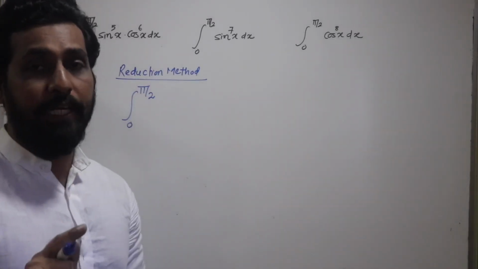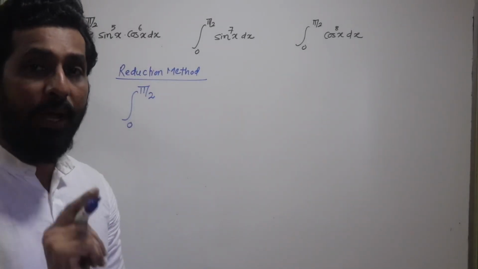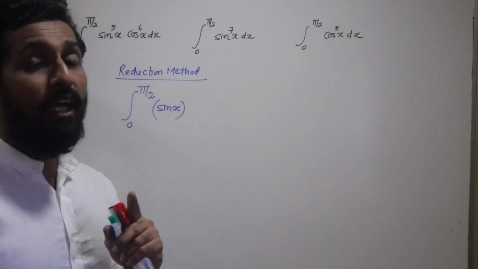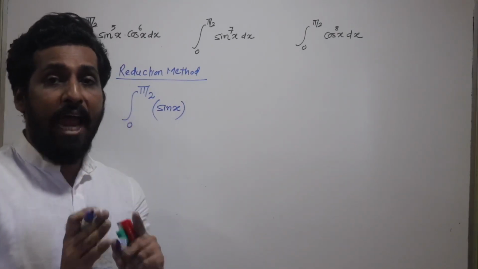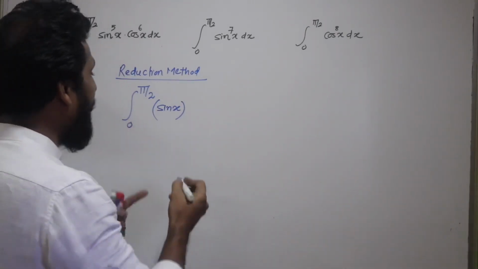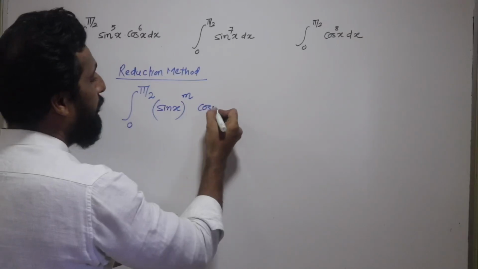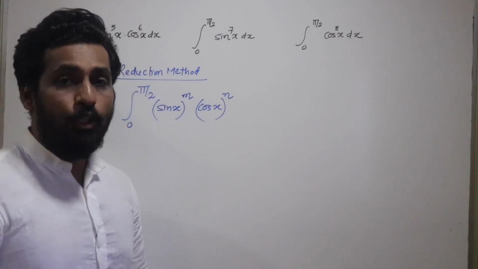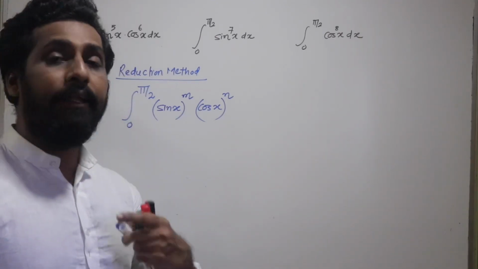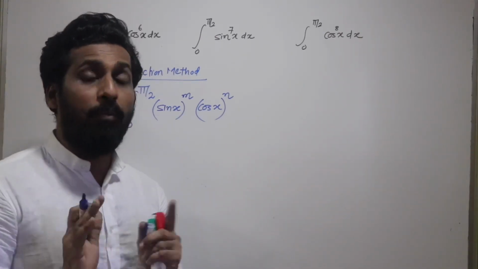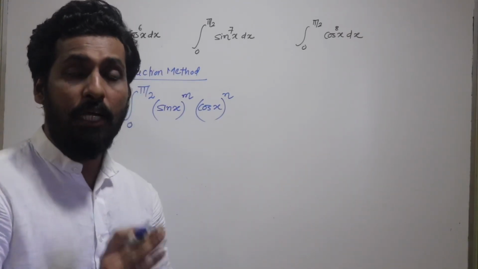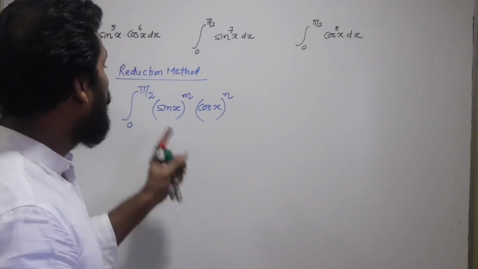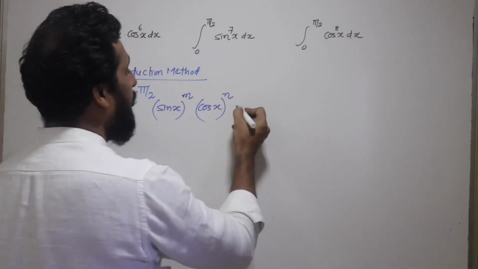So the limit of the integral always has to be from 0 to pi by 2, and then there should be a term of sin x. Remember, the angle of sine has to be x. It will have some power, let us say m, and then there is another term cos x and it also has power, say n. So there are terms of sine and cos and their powers are m and n, which are some real numbers. They can be positive or negative real numbers, integers, fractions, anything. So sin x raised to m, cos x raised to n and dx.